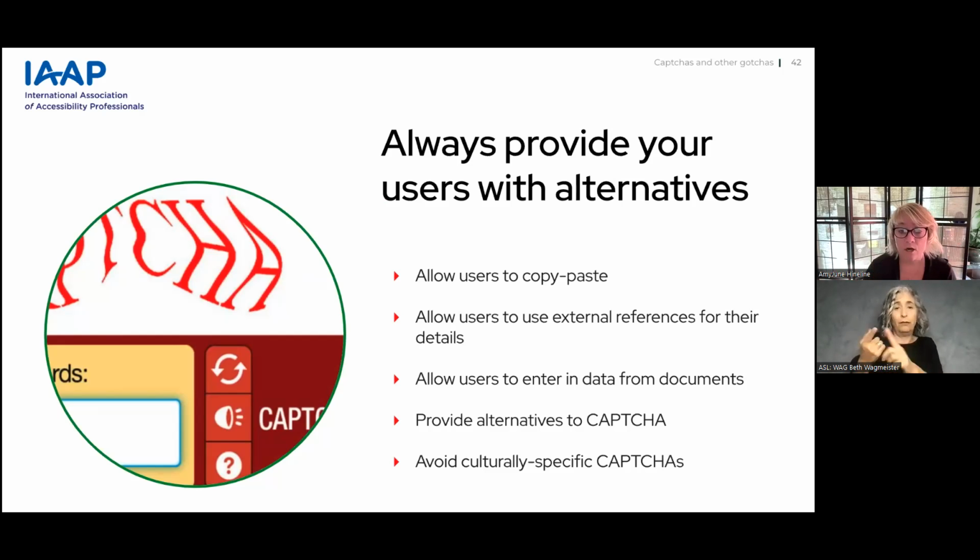We want to provide our users with a method to authenticate that does not involve a password, maybe. In cases where users cannot remember their password, provide an option to log in using a link sent to their email address. Those are sometimes called magic links. We want code input fields with the appropriate type. We want to make sure that people know what's anticipated, what's expected of them to type into a field.